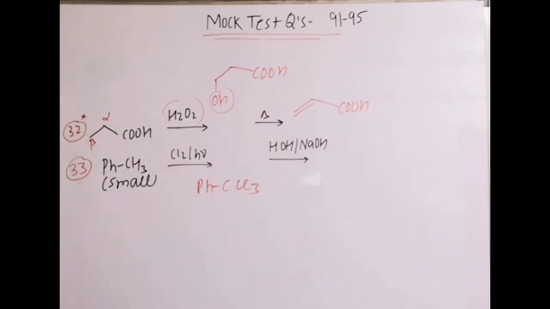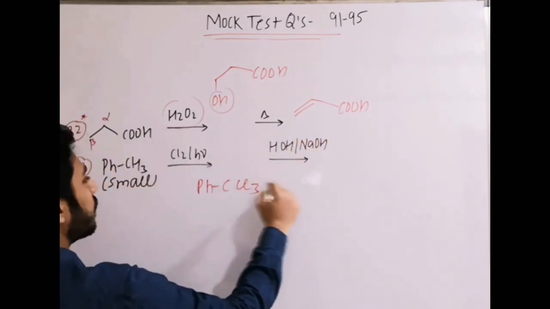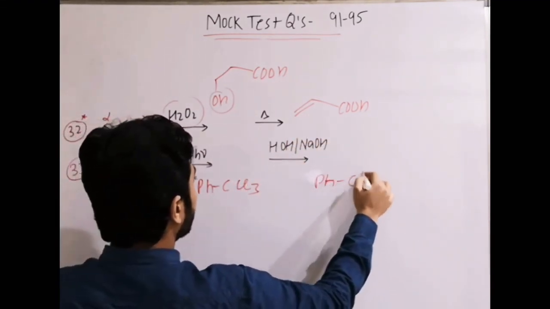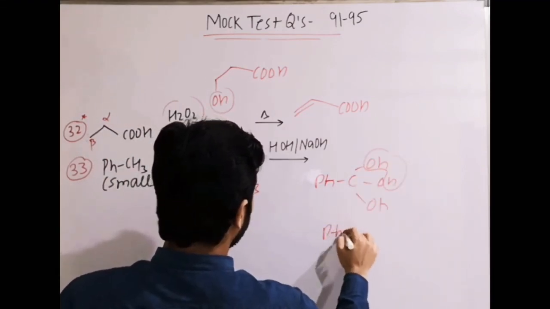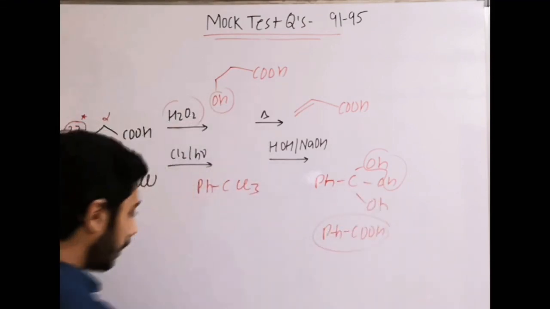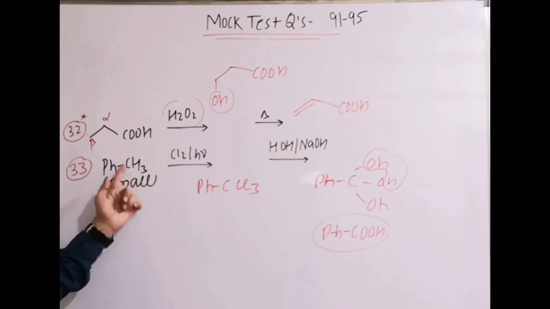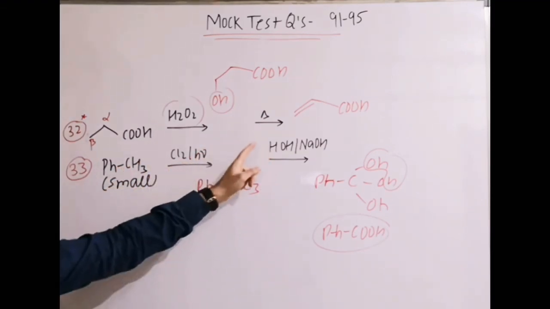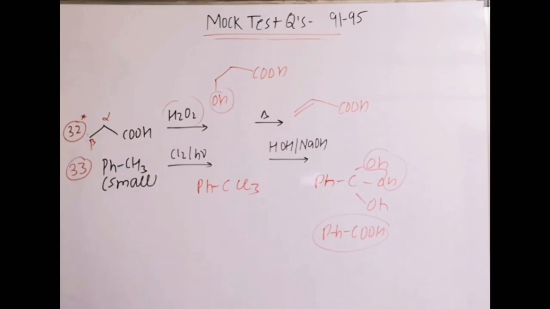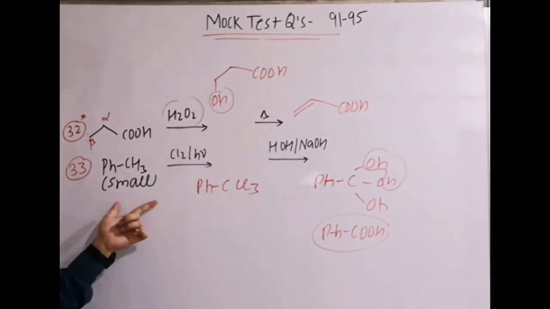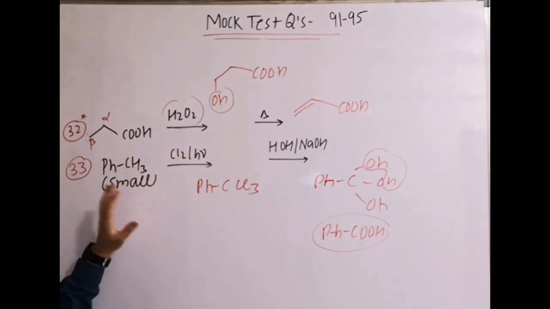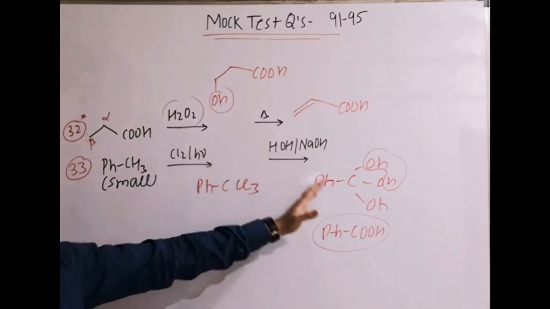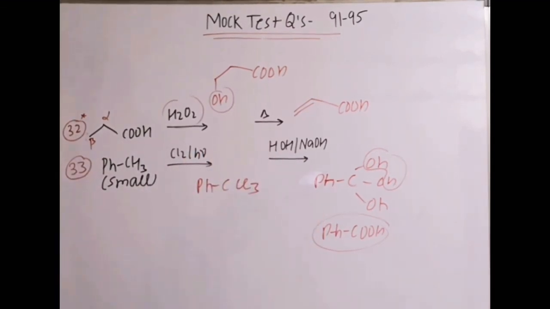Okay, we get Ph-CCl3, and after this hydrolysis is done, all Cl will be substituted by OH and water is released, and we get finally benzoic acid. So that is why all options are given, like if you do not consider this point, you will form PhCH2Cl, hydrolysis done, you will get PhCH2OH, that means benzyl alcohol. But remember that the information is given here as small, or we can say less quantity. That is why firstly the polyhalogenated product should be formed, and then on hydrolysis it will give benzoic acid. So that is the discussion of the mock test from 91 to 95. Thank you.